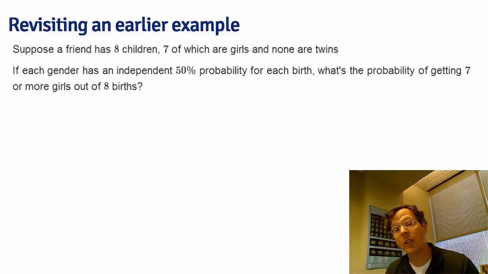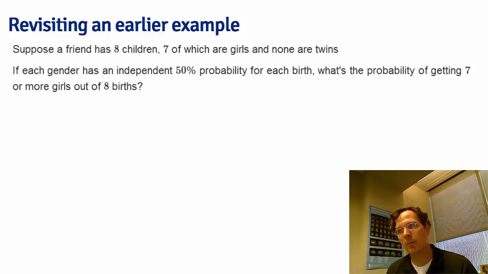So we actually covered an instance of a p-value previously in the class, and I wanted to go through it again now that we know what p-values are. So suppose we're going to think of gender assignment for kids, that we're going to think of this for a specific couple as if it's a coin flip. Now there's a lot of complexity to this problem and we're going to reduce it, but let's just assume that